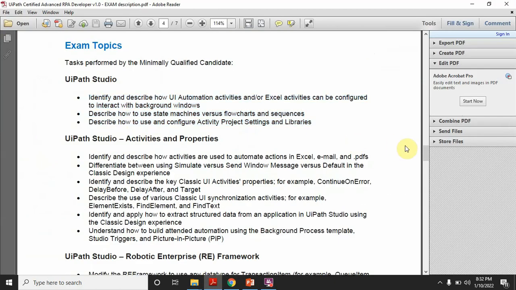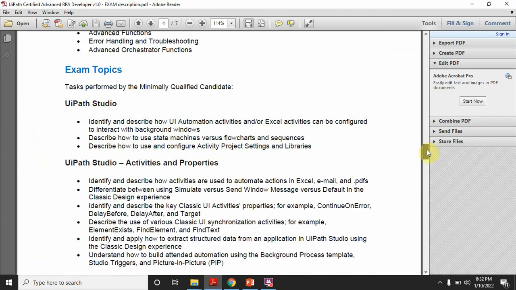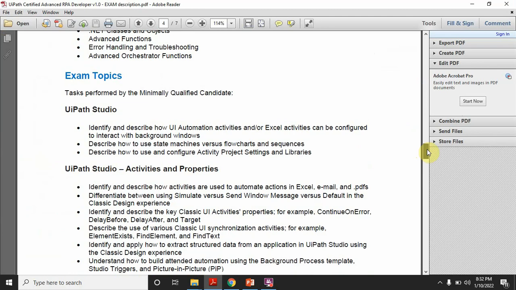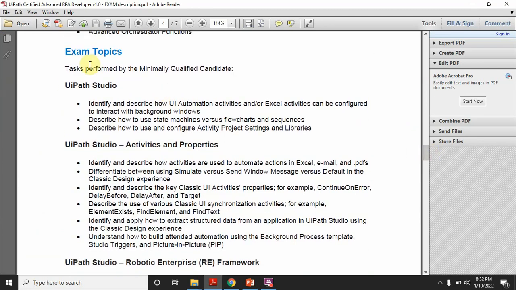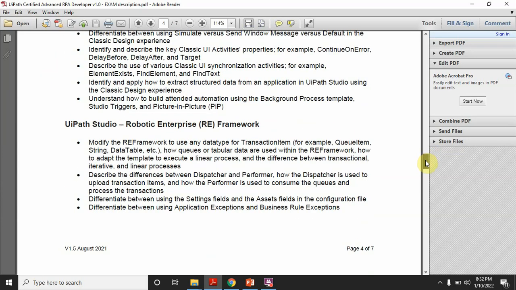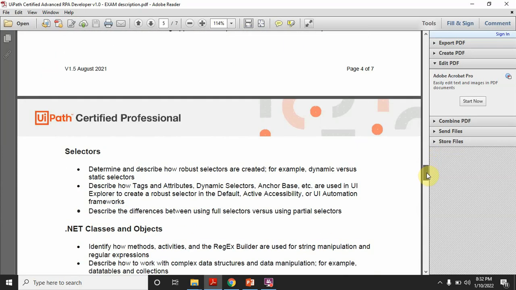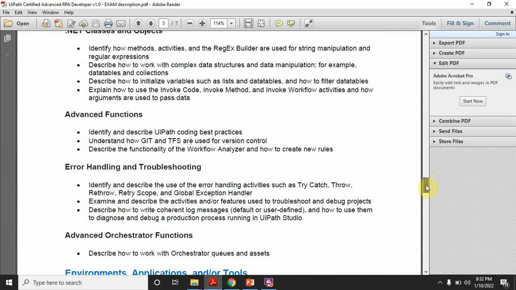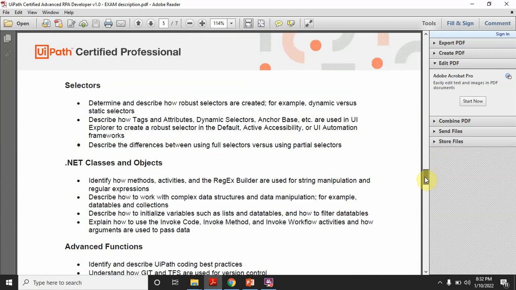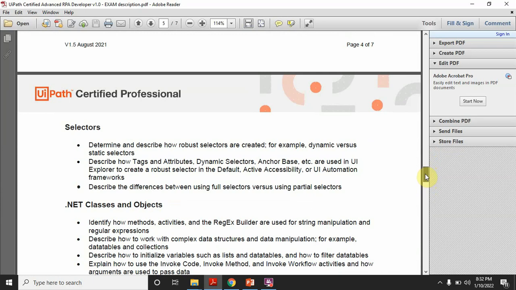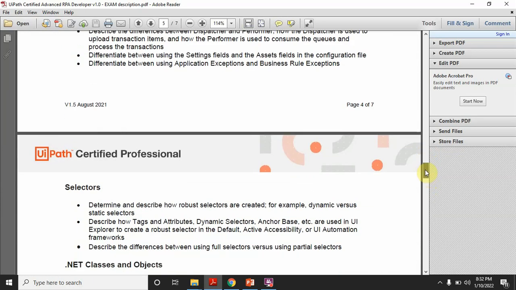All the information which is relevant to the exam is given here. If you see here, there are certain topics they have provided, like UiPath Studio, activities and properties, RE Framework, selectors, .NET classes and objects. You see the same sections have been displayed in the report that I have shown you.